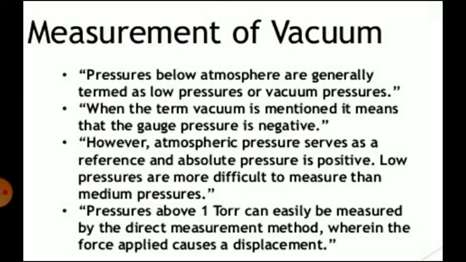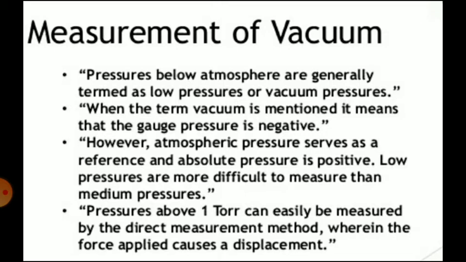So when the pressure is applied, there is a displacement of the elastic pressure transducers, and that displacement can be measured to get the value of the pressure. Examples are Bourdon tube, diaphragms and bellows. Now the second method is indirect or inferential methods. The devices used in direct methods can be conveniently used for measurement of pressures down to about 10 mm mercury. For measurement of pressures below this value, indirect methods have to be used.